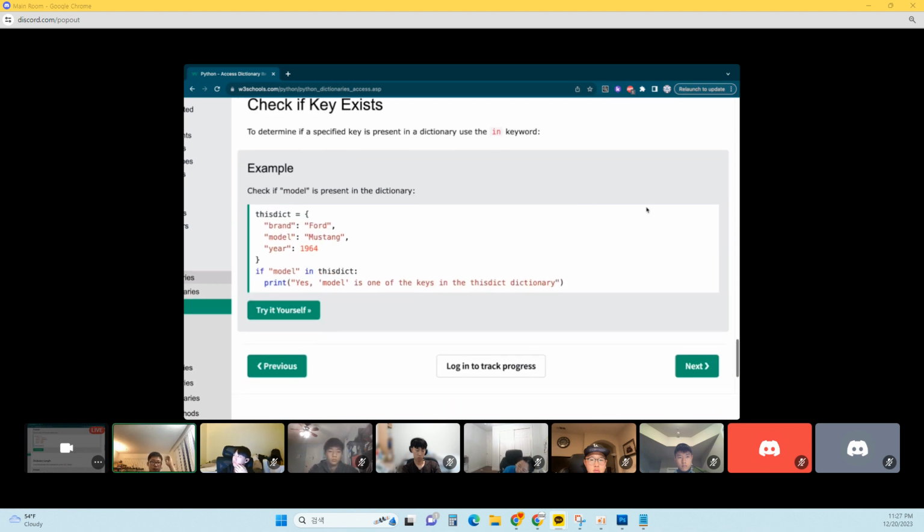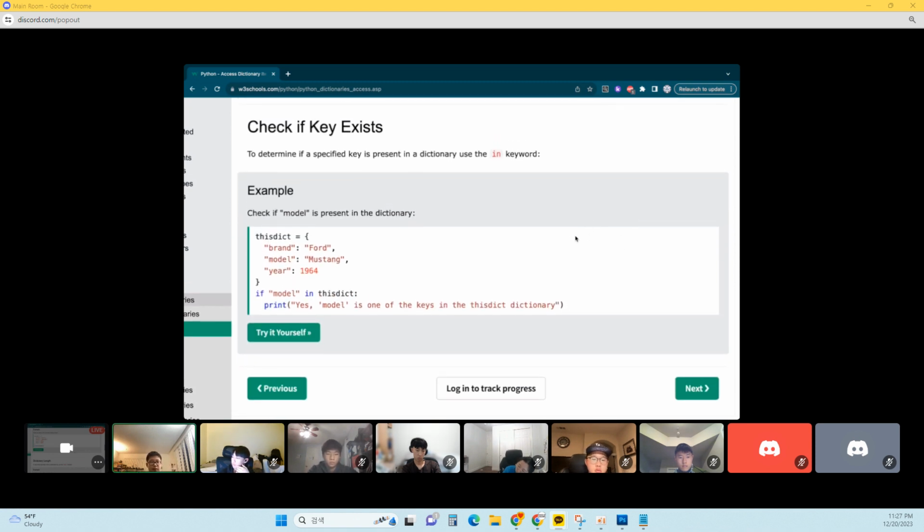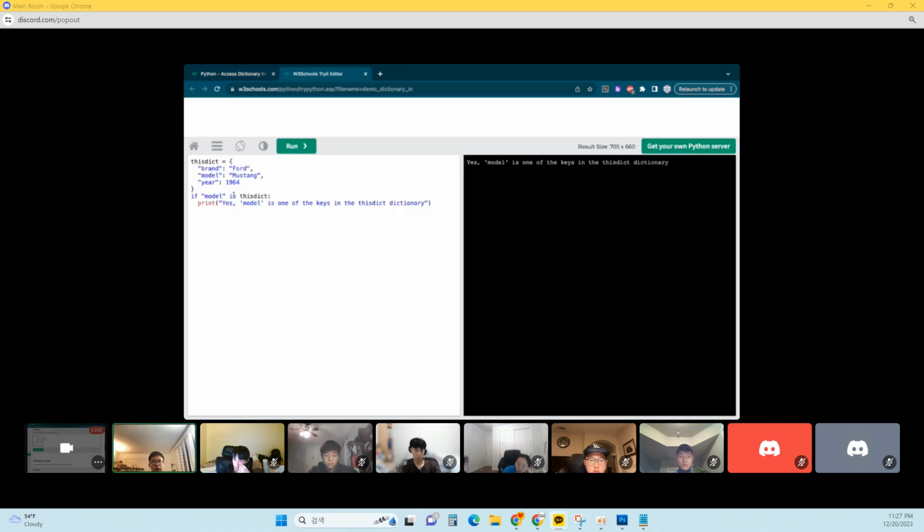Okay. And the in keyword exists for lists, tuples, and sets as well. But if we use the in for dictionaries, we're going to be referring to the keys, not the values. So brand, model, and year are all in this dict. But if we were to try and do like Ford,